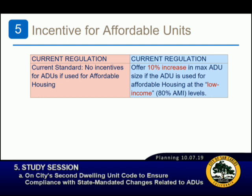So another item we are putting up for discussion is providing an incentive for affordable units. Currently, we can count the ADUs within our regional housing numbers in terms of units built, but we'd really like to have a way to deed restrict certain units that the owners are willing to provide at a lower affordability, or I should say higher affordability. So our proposal is to offer a 10% increase in the size of the ADU